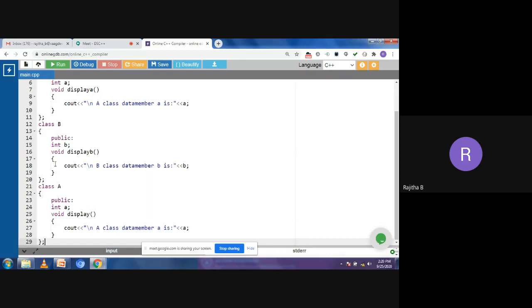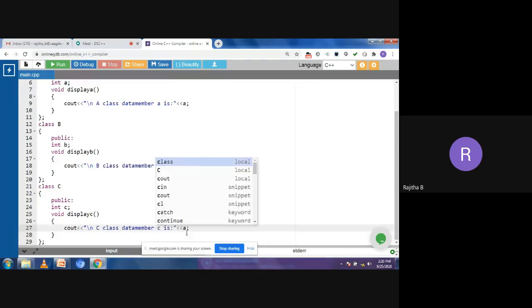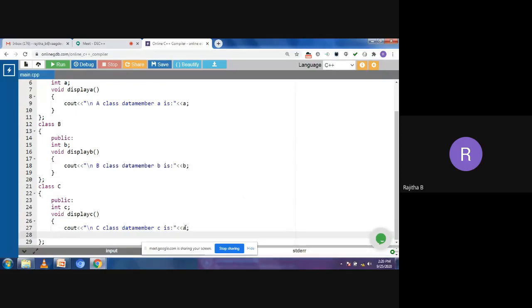Here I'm taking data member C and display function display C, with the statement that the C class data member C value is the data member C.